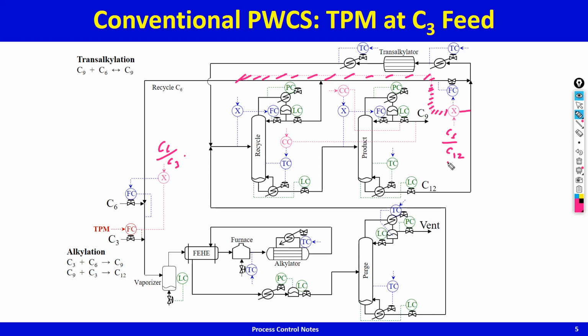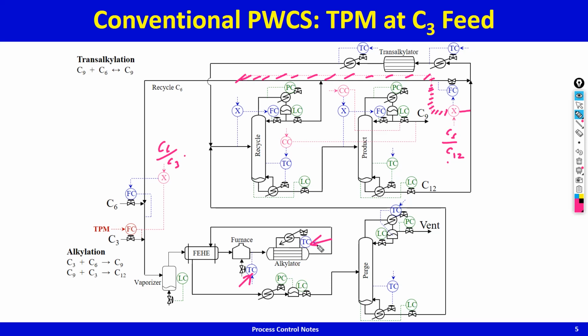One will have to find that using a simulator, and that is why these magenta loops are pink, because they have economic consequences. This also has economic consequences. This also has economic consequences, but this will typically be held close to the recommended design. You will typically not play with it, so I've kept it blue.